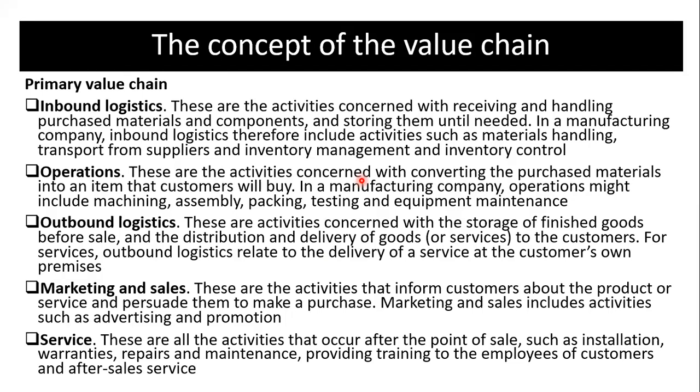Okay, so once the items have arrived into the organization, they would go on to what? To carry out its core activity, which is what? Operations. Okay, so operations are activities concerned with converting the purchased raw materials into items or products that customers want. Typically, in a manufacturing environment, this might include the machining, the assembling, the packing, testing, quality control, maintenance, etc. So these are essentially the operations within the organization that get raw materials converted into what? Finished products to be delivered to customers.